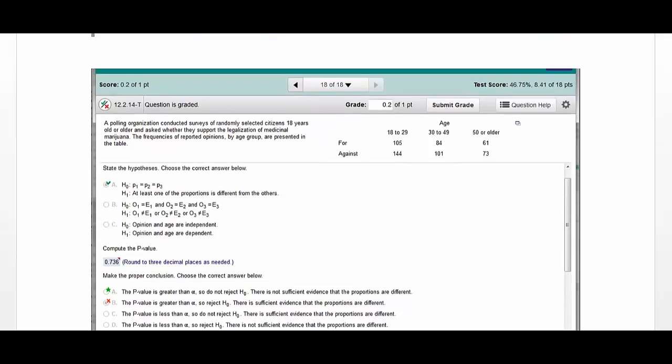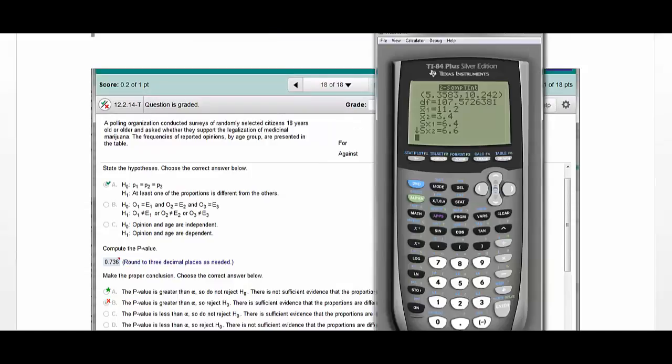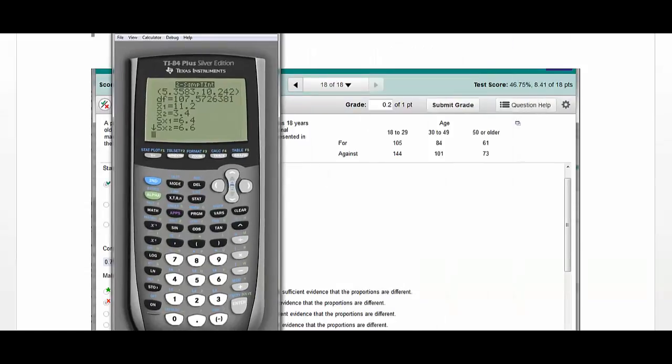As far as the p-value goes, I need to go to my calculator, and this time go to matrix, go over to edit, and this is a 2-row by 3-column, so it's a 2 by 3, and then I just need to type in the numbers. So 105, 84, 61, 144, 101, and 73. Alright, so once I've got that typed in, then I'm going to go over to test